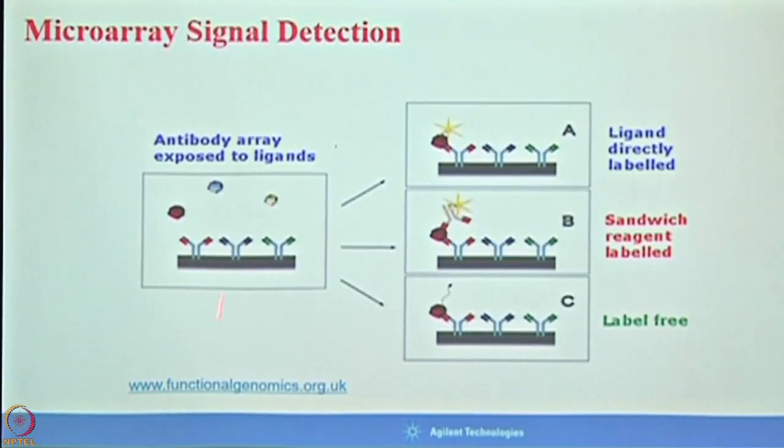This is protein microarray signals. So suppose you immobilize the antibodies here, and these are the antigens, which are labeled with different colors like red or green color. If it is specific, it's going to bind on that and give the signals, right? This is the sandwich. Basically, if the signal intensity is very low, you can intensify this by the sandwich. So this is your antigen, and we have the secondary antibody against this antigen, and it identifies the signals. Then another is label free. So these are 3 different ways basically you can detect the signals.